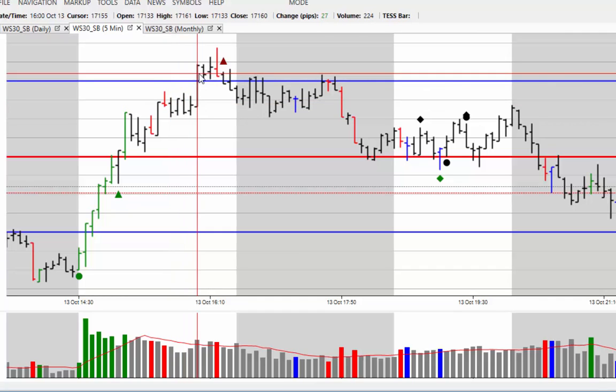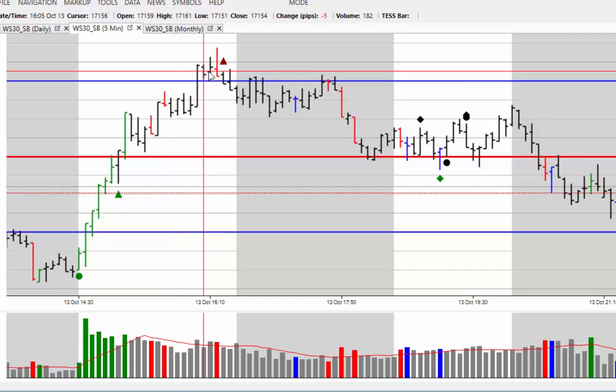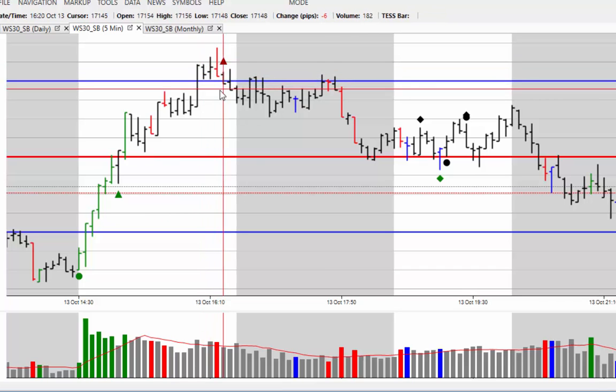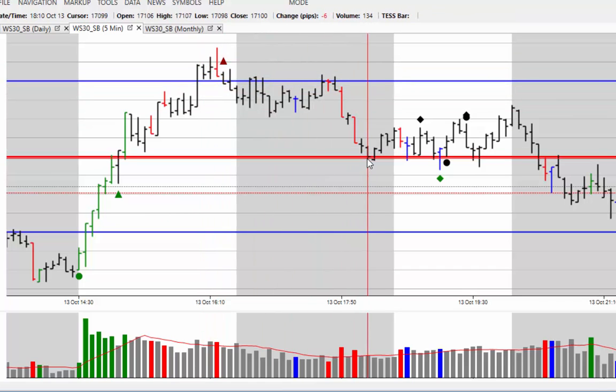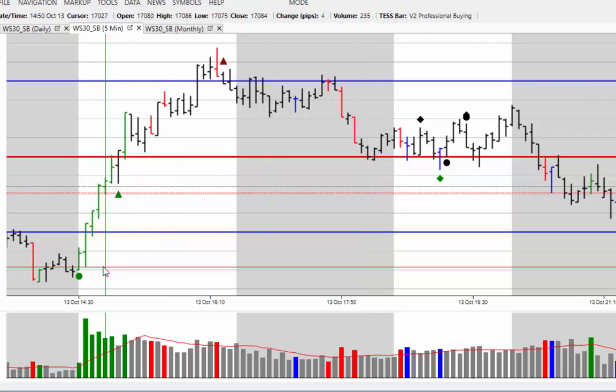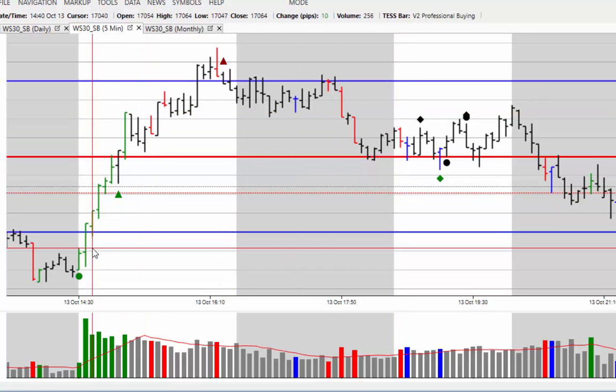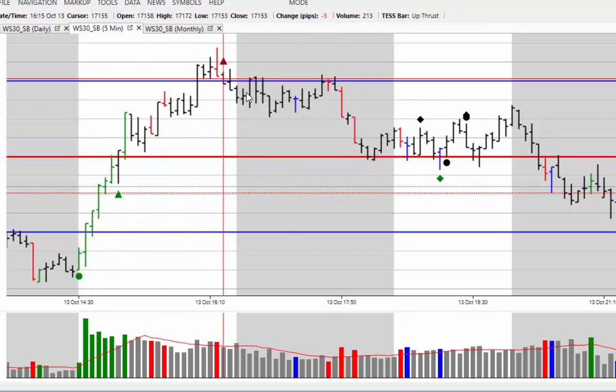Now on this occasion you can see the market then lost its impetus. We've got a red bar there which is an indication of weakness, and then we had a sell and the market comes back down another 50 points. Now what's important here is that we've had 100 points to the upside, we've had 50 points back to the major psychological level here of